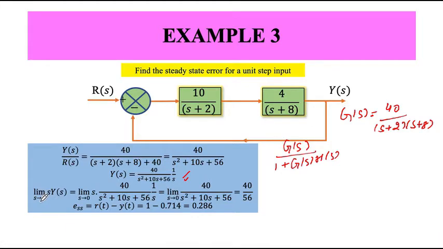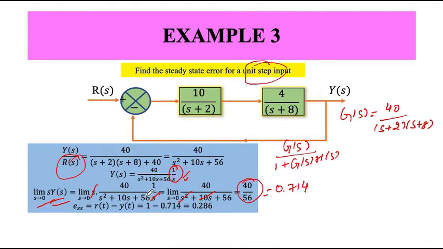Okay, so what is the final value of Y(s)? The final value is limit s approaches 0, s times Y(s). I'm just writing it as step response. If you remember, my input is step input, so my reference signal is 1 by s. I'm calculating it, s will get cancelled out. Then I'm putting s equals 0, this will get cancelled, this will get cancelled, it will be 40 by 56, which is nothing else but 0.714.